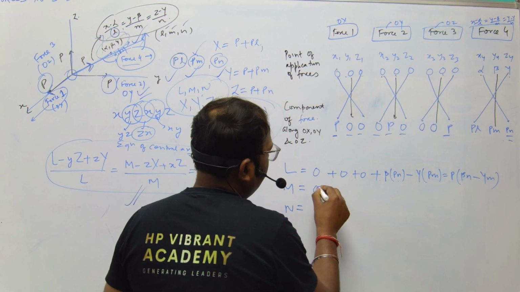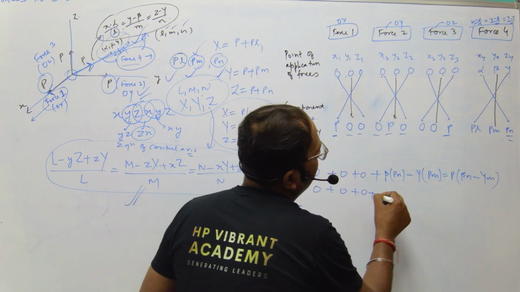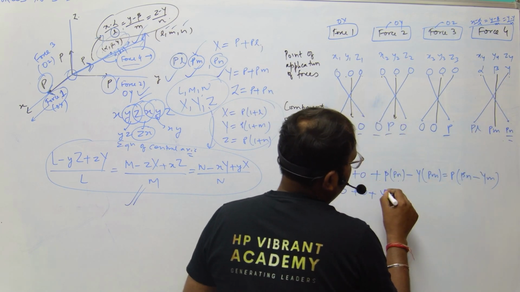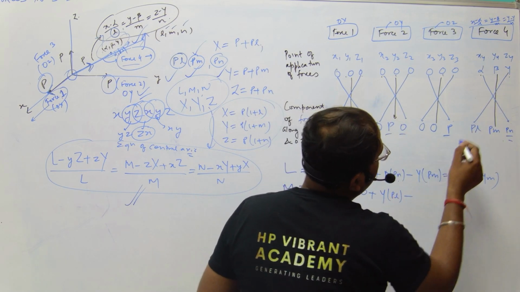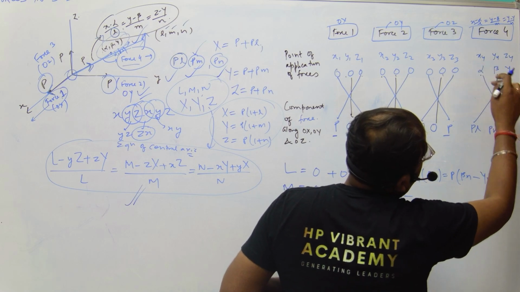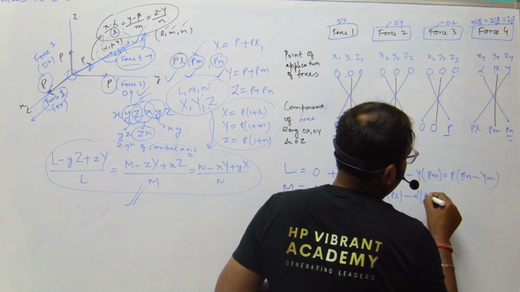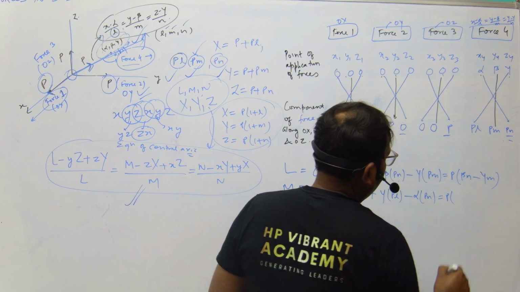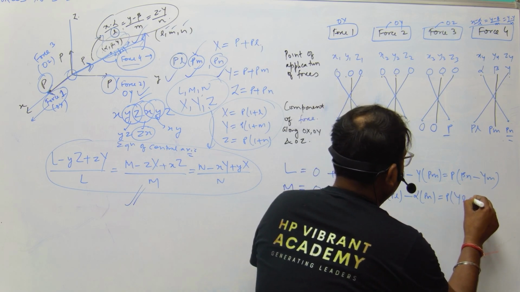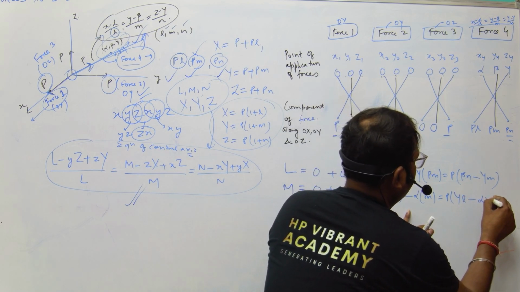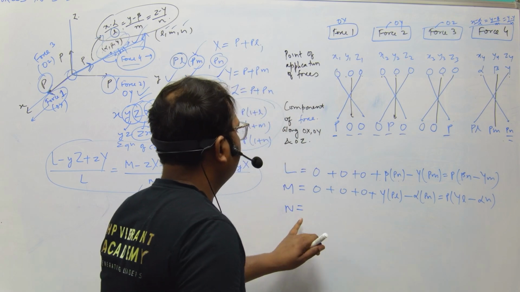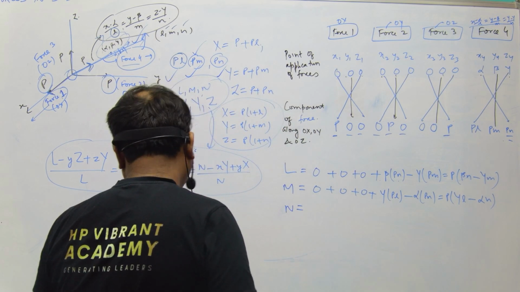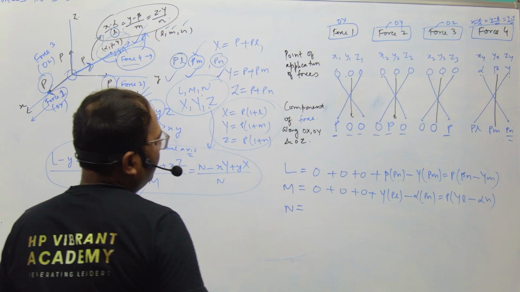Okay, so this is 0 plus 0 plus 0 plus gamma times Pl, minus alpha times Pn. This is equal to P times (gamma l minus alpha n). Okay, now let us find the value of n. How we can find this? So for this,